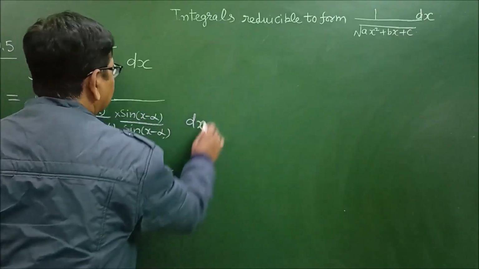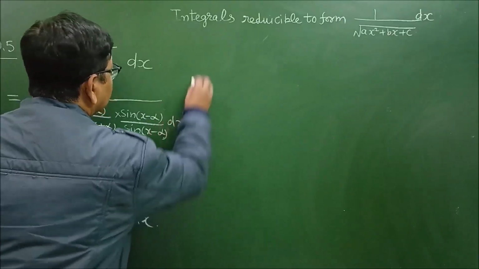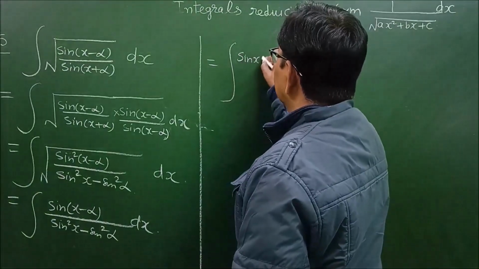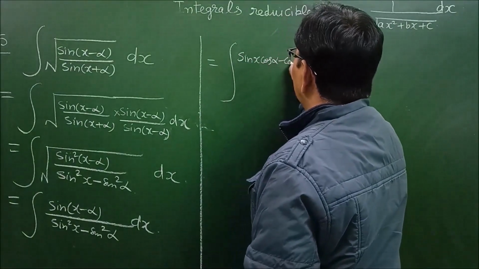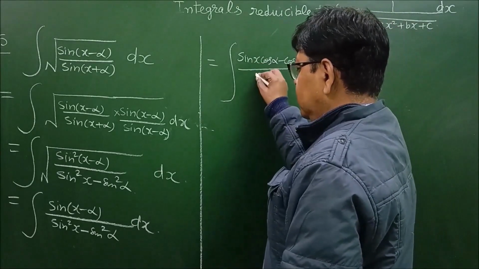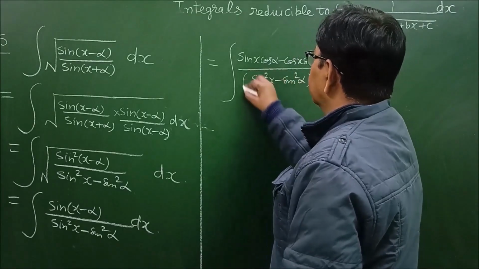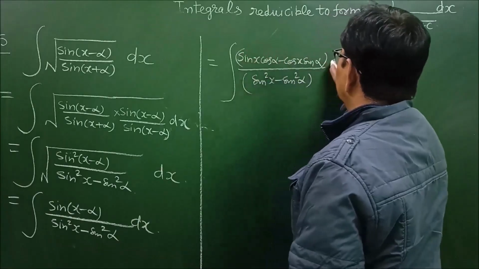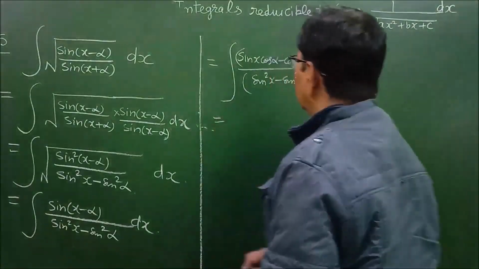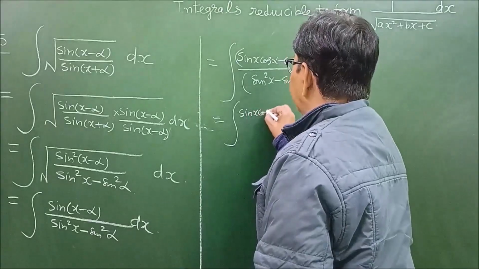Now sin x minus alpha can be expanded as sin x cos alpha minus cos x sin alpha upon under root of sin square x minus sin square alpha dx. So it can be split into two integrals, which is equal to integral of sin x cos alpha